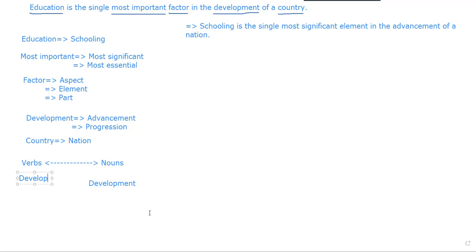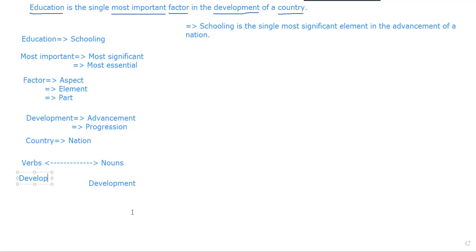Hello, can you hear me? Hello, Shuchi, can you hear me? ইয়েস স্যার. Schooling is the single most significant element to develop a nation, or to advance a nation, okay,